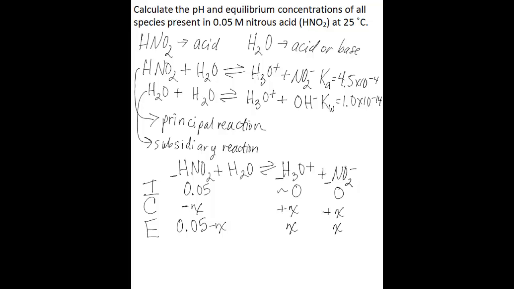As you can see from the ICE table, we need to solve for X, which is the hydronium ion concentration, in order to find the pH and also to solve for the concentrations of all of the other species present. Once we know X, we can find the concentration of all of the other species present. But you can see by looking at the ICE table and also the 2 possible proton transfer reactions drawn previously,